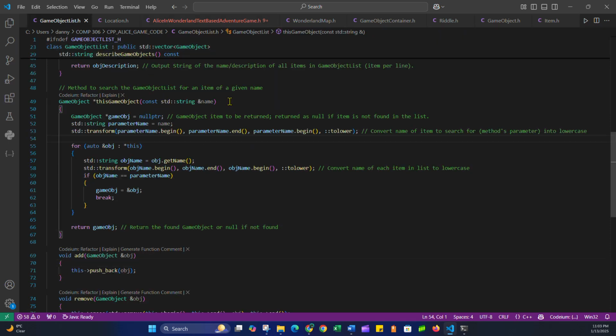This game object, if I mark this const, which says that the string I'm passing in is a constant reference that I'm not changing. Let's see, name. I don't change, do I? Well, I technically do iterate through parameter name and change it to lowercase. But theoretically that's